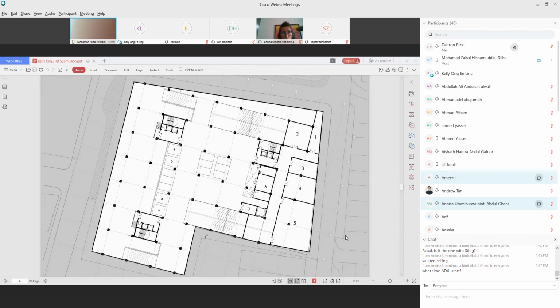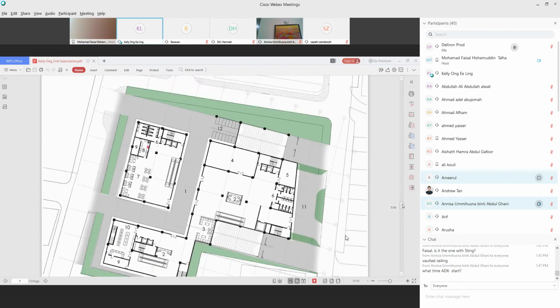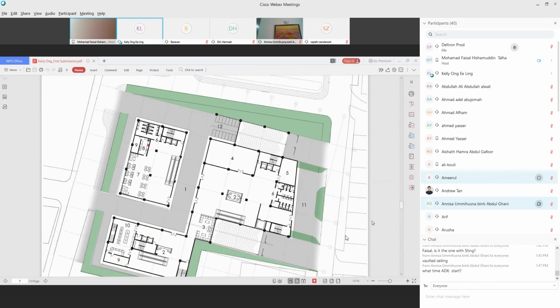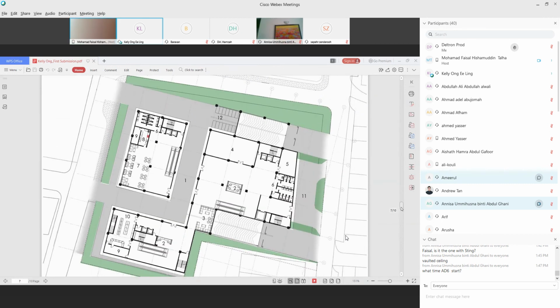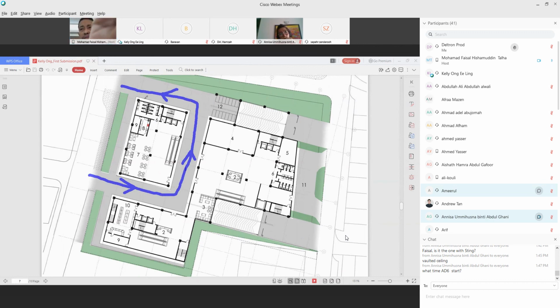Okay, for this project, let's see the ground floor. Let me get this right. So I will go here actually, and then get up. So where's your fire access road? This is my fire access road. Cannot be.